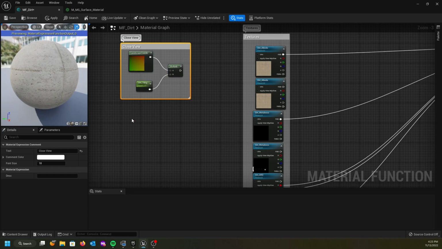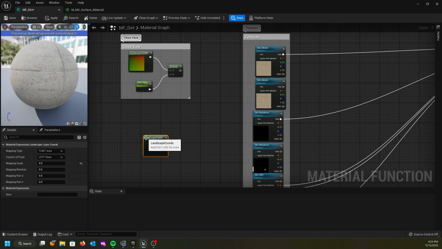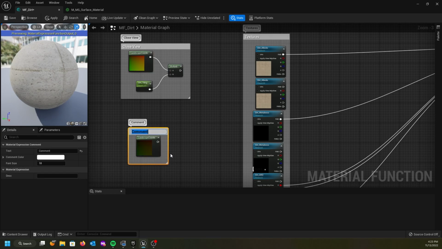All right, and then we're going to select this landscape coordinate and hit Control D. We're going to change the mapping scale to 45. Let me double check to make sure I didn't accidentally change this one when I typed S. Okay, yeah, we're at 45, and we're going to comment this one and call this far